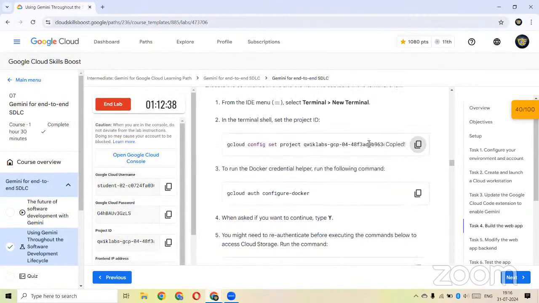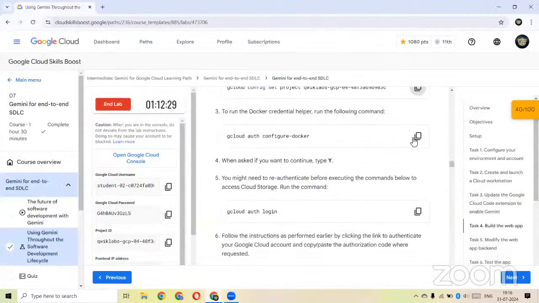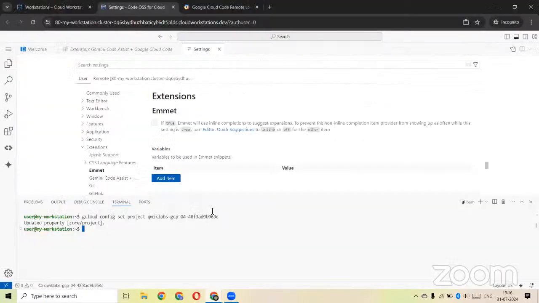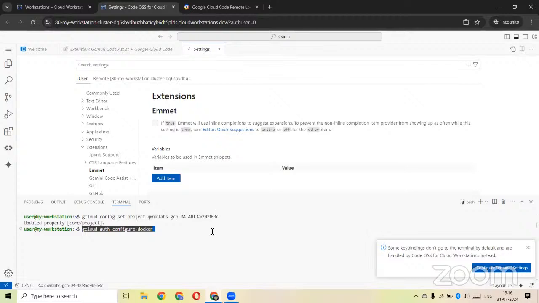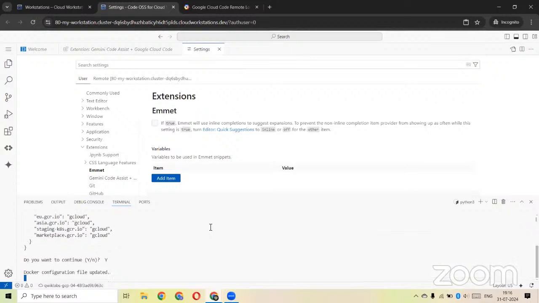and we'll be creating the project ID to a variable. Okay, next, this is to run the Docker configuration helper. Copy this. Click on Y, enter Y, and